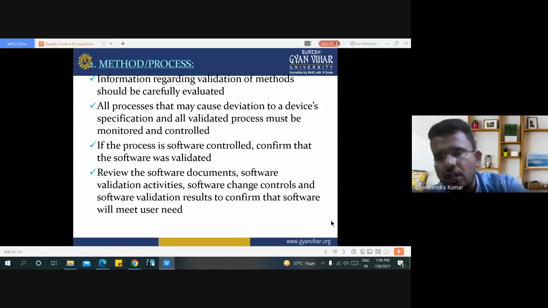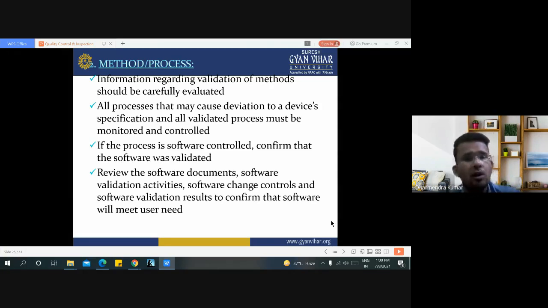If our process is overall automation, like CNC lathe or CNC milling, then before starting any process on a CNC lathe machine, the software documents, its licensed version, its generation, its validation activities, and what various changes are compatible with this software must be checked.